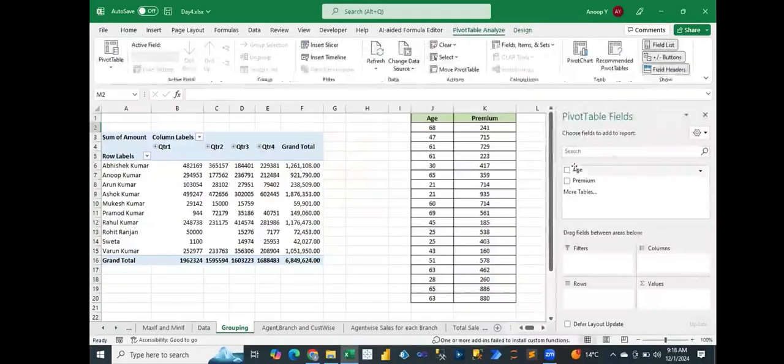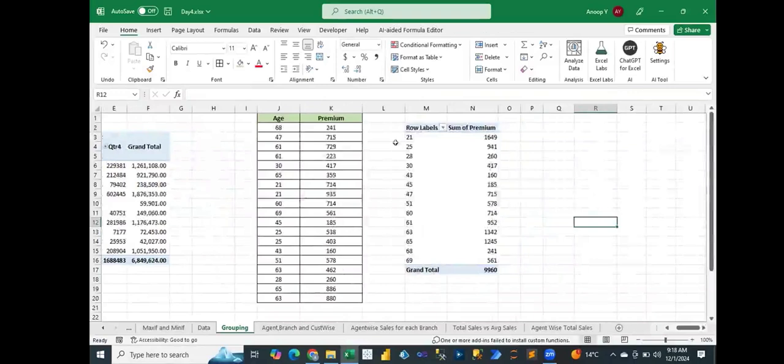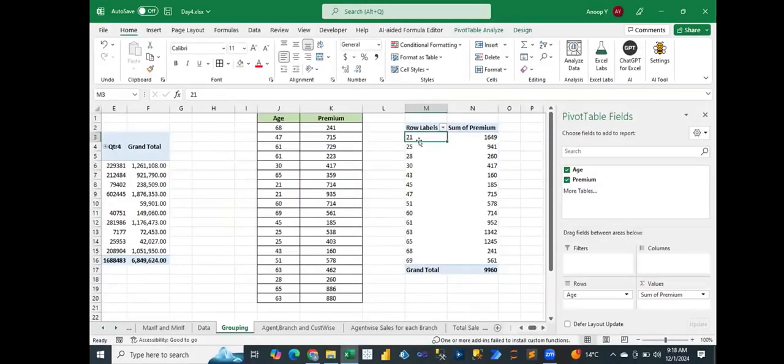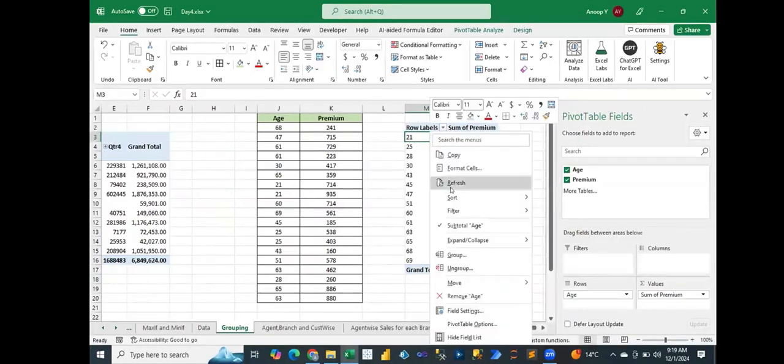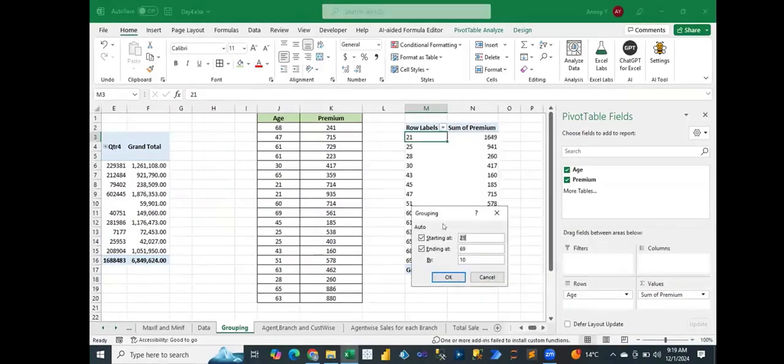Okay, now see, if I select this age and select this premium, you are getting this one, right? In the age of 21 the total premium is this. But if I just want to create a class interval like 21 to 30, 31 to 40, like this, if I do the right click and click on group, you will see this one,